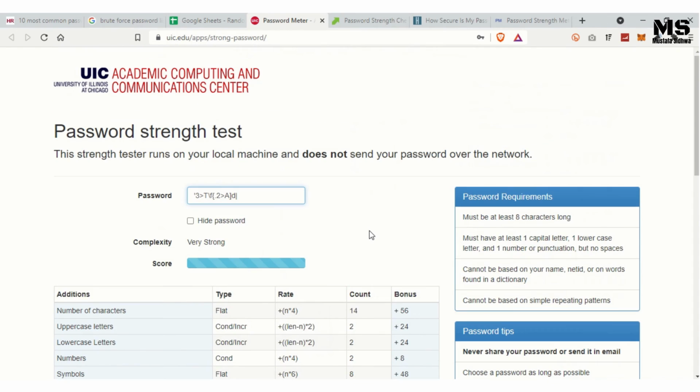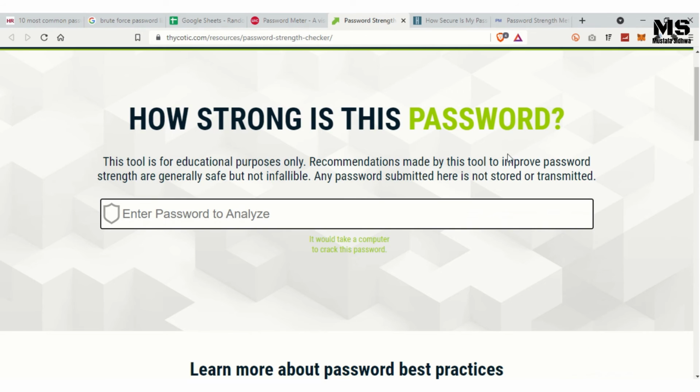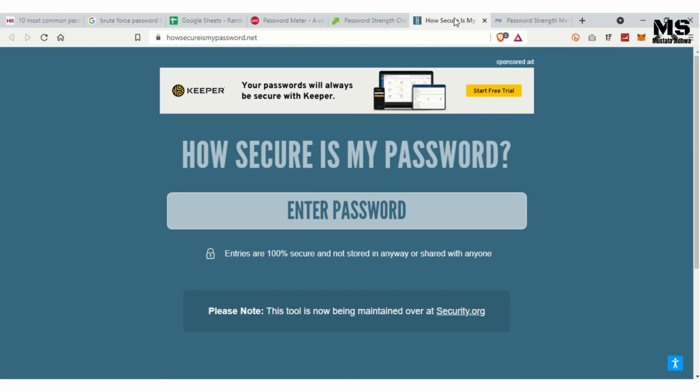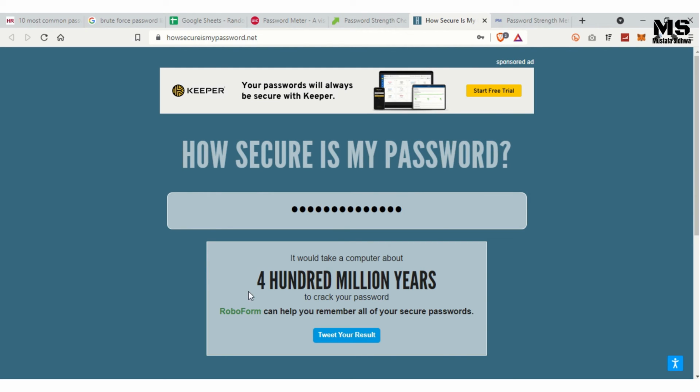Now let's go to another website that says how strong is this password, that is thycotic.com. We come here and we paste, and it says it would take a computer 2 billion years to crack the password. Let's go to the third website. This is the website which is maintained by security.org. So let's check our password, and it says 400 million years out here.